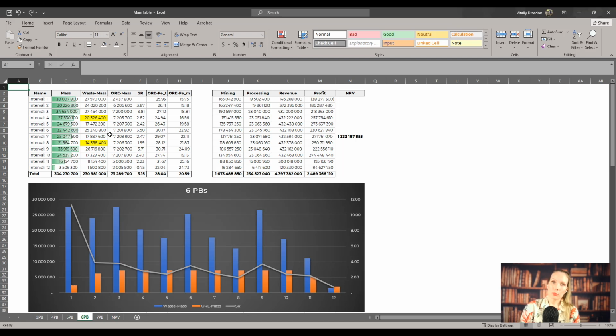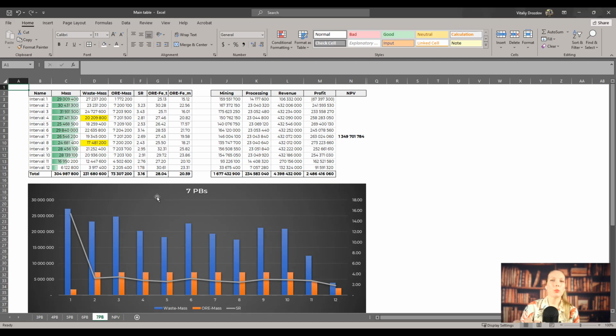When we have 7 pushbacks, the overburden volumes are pretty stable, no big swings, since each pushback is smaller with more of them. It looks promising with the highest NPV, but the real-world feasibility might be a different story, more related to pushback design. Finally, we look at the graph focusing on NPV, which clearly reflects the economic impact of